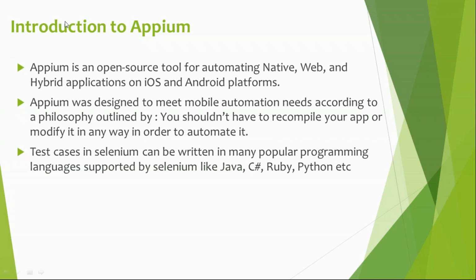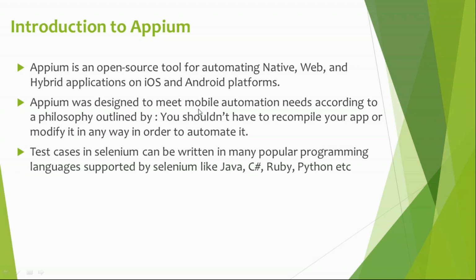Appium is an open source tool used to automate native, web and hybrid applications on iOS and Android platforms. When I say platform, it is the operating system of a mobile. So Appium is a tool which supports iOS as well as Android. But for this session, our training is restricted only to Android because we don't have a Mac machine and setup for iOS. But I will show you how to set up iOS automation for iPhone automations and all.